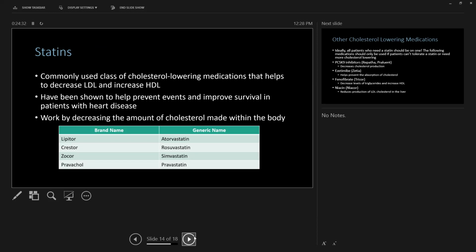So these drugs are really well studied. They have a lot of research proving their worth. Not only do they help prevent events, such as heart attacks and strokes, but they also have been shown to improve survival and life expectancy of patients that do have heart disease. The way that they work is they decrease the amount of cholesterol made within the body, mainly within the liver. So like I said before, the big thing here is to help to decrease that cholesterol,